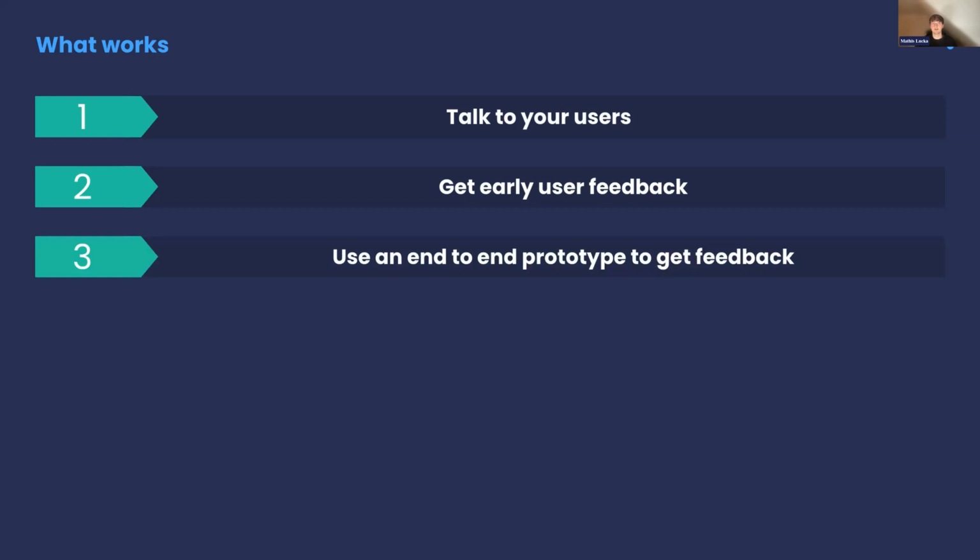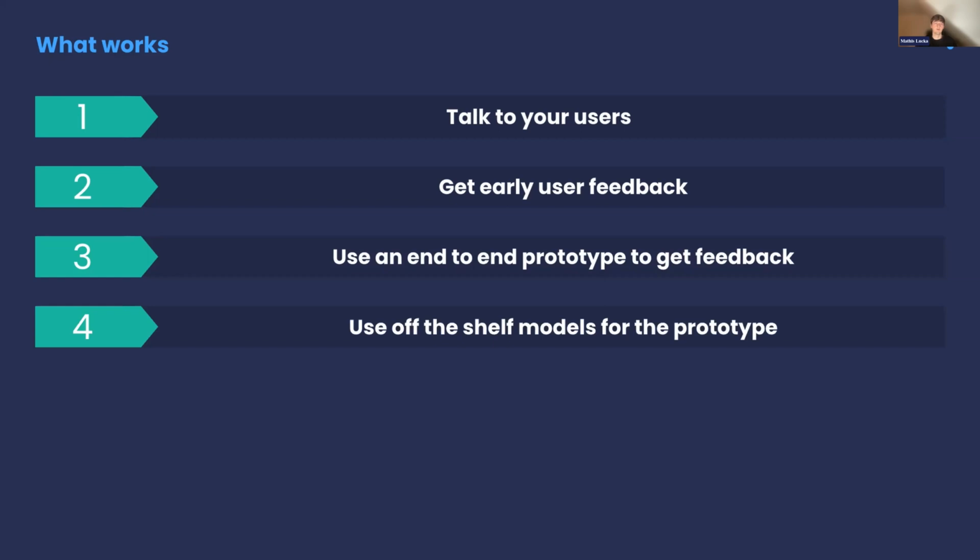When getting feedback, use an end-to-end prototype, meaning that it should be pretty similar to the end product, and it should also be on the data that will actually be used. Sometimes you might need to use a subset of the data, which is fine, but you shouldn't use totally unrelated data or data that will never be used in production. What you should also do